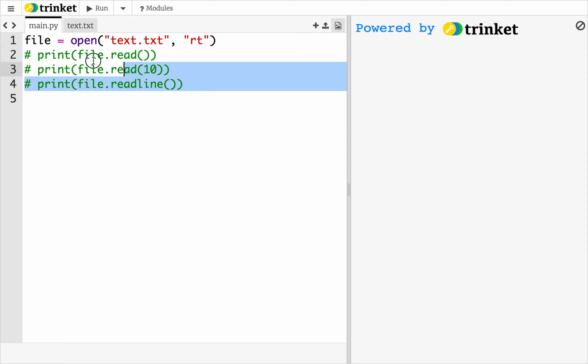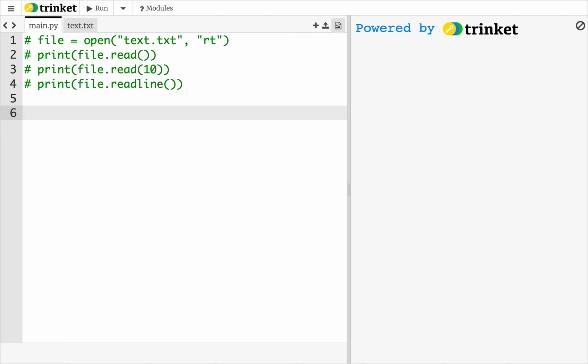So to create a file, here's what we're going to do. We don't really need this line anymore. And then here, we're going to use X mode to create a new file if it doesn't exist. But if it exists, it raises an error. So we can say file equals open another text dot txt, with X, and then if we run this,